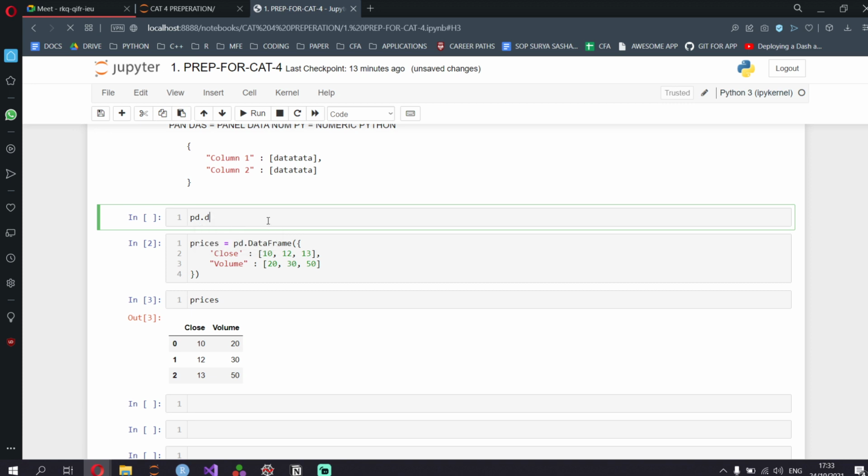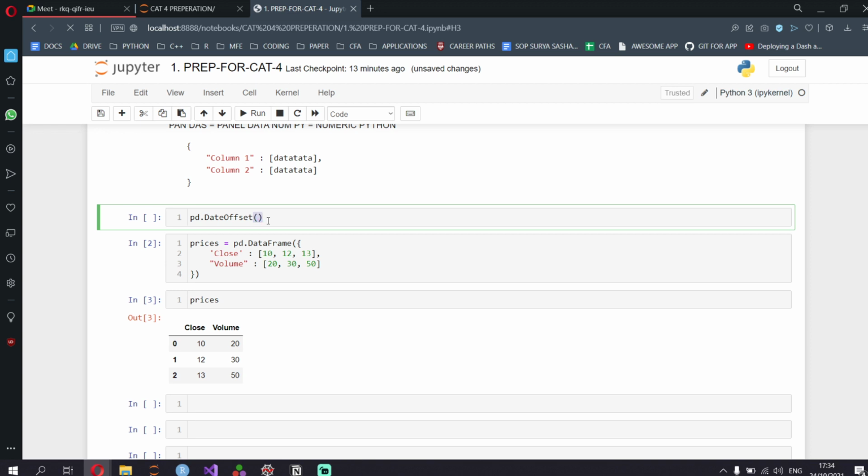But how about I start with a capital D and press tab? It shows data frame, offset, and all of that. After I press tab, I can see data frame is there, and I press enter. In case I needed date offset, I go down with the down arrow and press enter. However, always remember that whenever you're calling a function, you need to put these parentheses. These are really important. You always miss them out, so make sure you always put them.